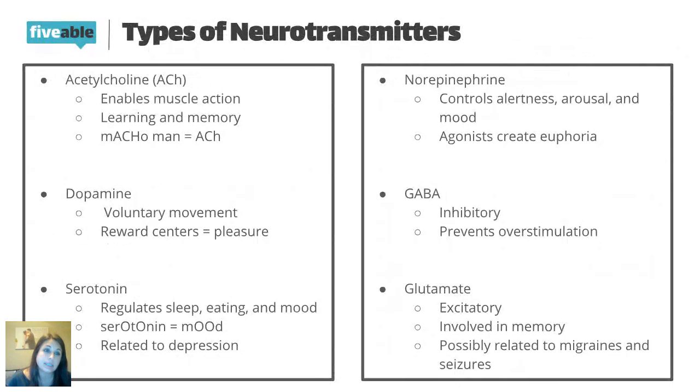So that's a hint if you forget what acetylcholine does. Dopamine then is another neurotransmitter, and this involves voluntary movement, but more importantly, and this is the one you really should key in on, is that it involves reward centers and pleasure. And so like I talked about with the heroin, when it mimics the dopamine, it makes you feel really good